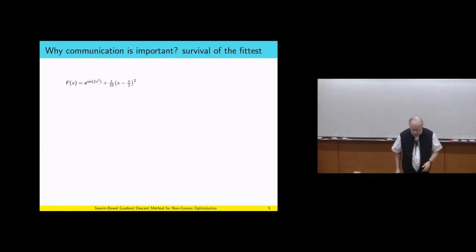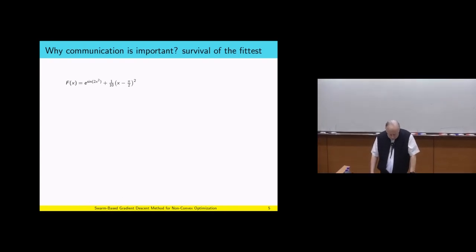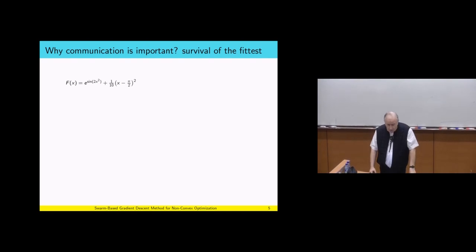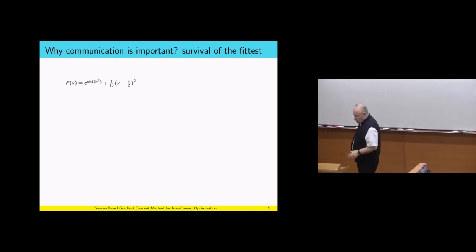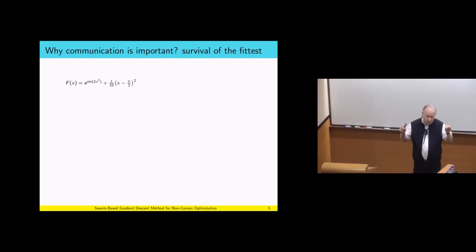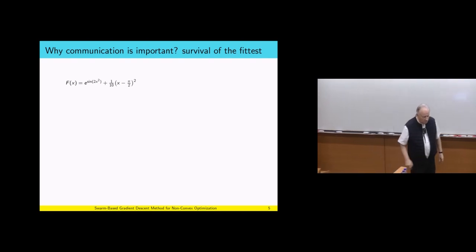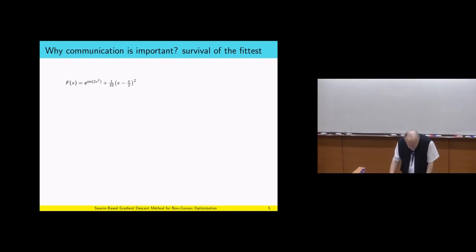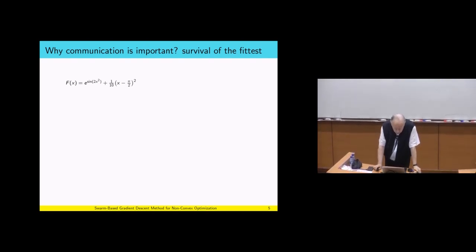Okay, now let's see an example of how it is working in action, and then I will tell you about many other things. So first of all, why is communication so important? Remember, there are agents, communication through mass, and the time stepping. Why is communication so important? So you can say, well, we can have each agent go by itself. No. The communication is so important. Let's take even this simple function that you see in front of you here. It's enough to demonstrate the complexity of finding a minimizer.